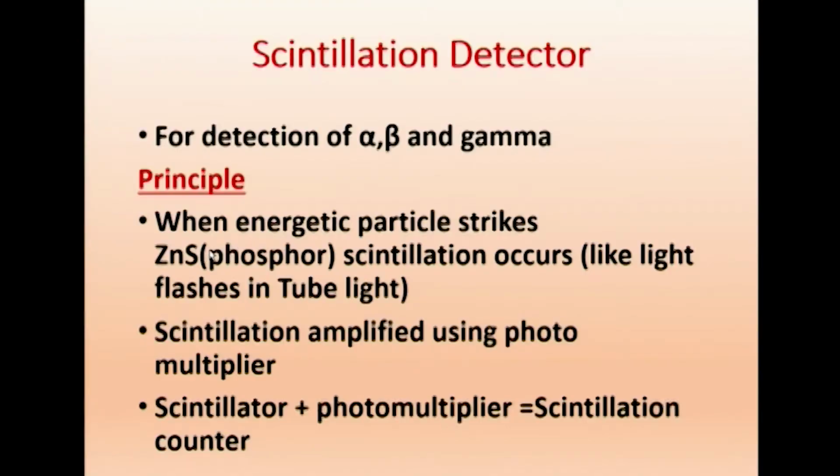In a tube light, the inner coating of the glass tube is ZnS. There is a zinc sulfide coating. So that material, ZnS, is called a phosphor. Any material which gives light scintillation is called a phosphor, like the flashes in the tube light. Not only ZnS, there are many materials which will emit light when a charged particle falls on it. In the tube light, electrons are the charged particles which are falling, and you get light emission. So it is dark initially, and then it becomes bright.